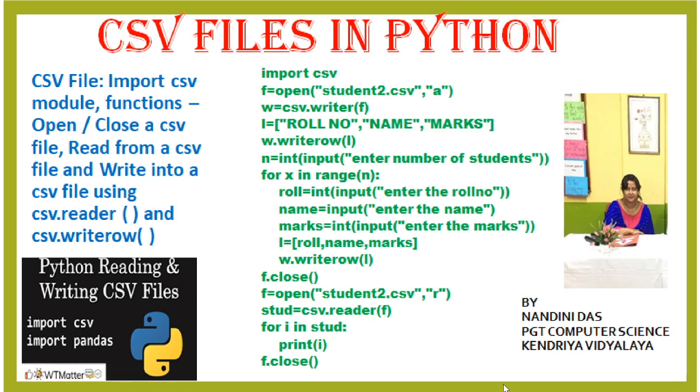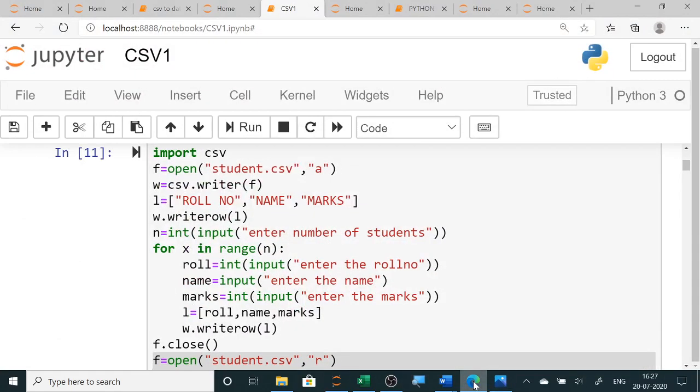So we will see all the programs, as well as in your programs you can use this CSV file in your project also. So here the first program is a student.csv file. In this, import CSV is required because CSV.writer, CSV.reader and CSV.writerows we are going to use. So import CSV you have to do, then f equals open student.csv in append mode, same like text file and binary file.